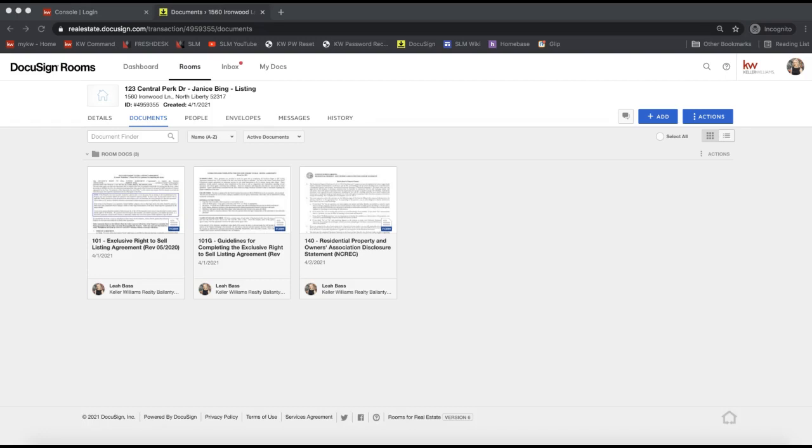So this might apply to a residential property disclosure, or maybe you just want to allow them to fill out one section of the listing agreement or the contract, maybe about what personal property is conveying, or whatever you would like your client to be able to fill in. I'm going to show you how you can set up the form to allow them to fill in the form